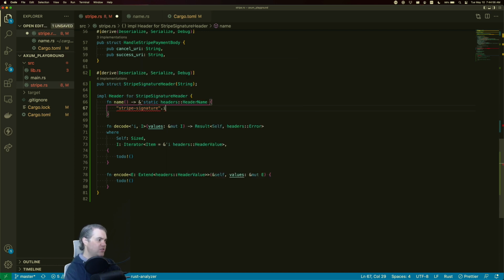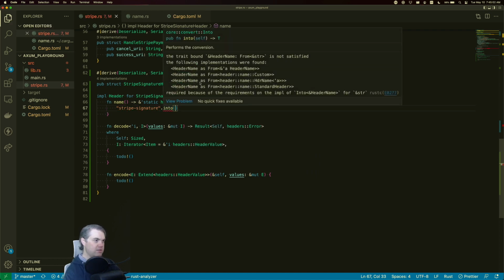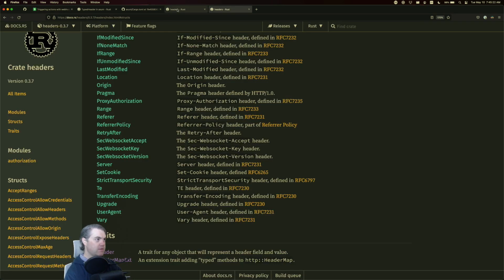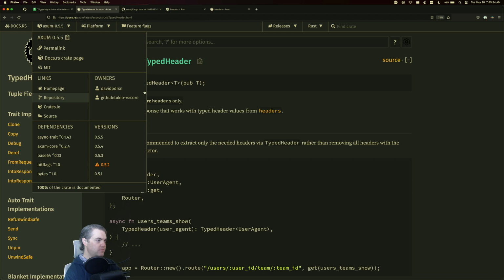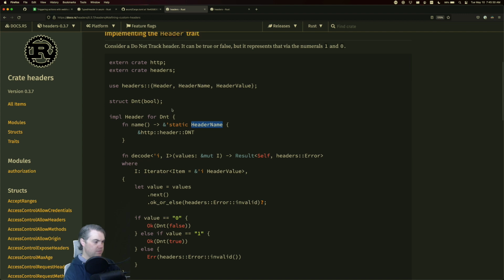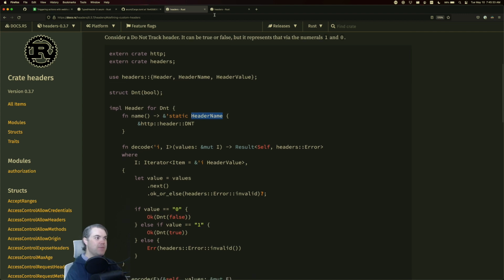I don't think I can do an into unless they have one for a static str. Okay, so they have a from header name, from header name custom. That's what it is. Okay, header name custom. Did they say that and I just didn't get it? Not here. Okay, so